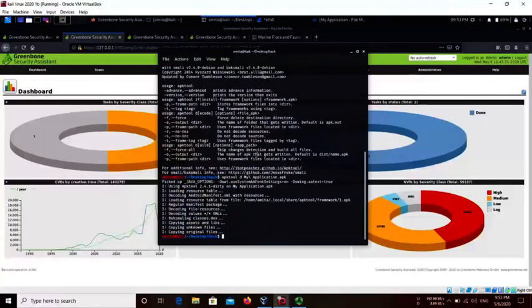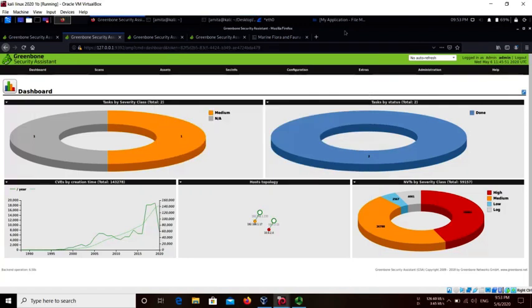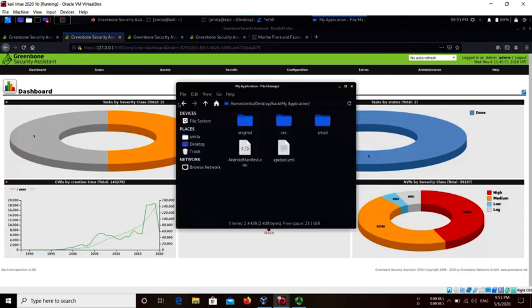Once you open it, go to the path where you stored your application APK file, and write apktool d for decoding, followed by your file name and extension. You can see there are many results of decoding the files. To confirm it, go to your folder, and you can see your APK file and the folder it created. Once you open it, you can see the different files which it decoded.